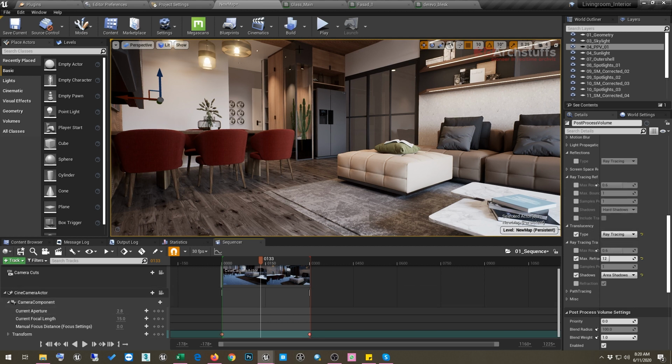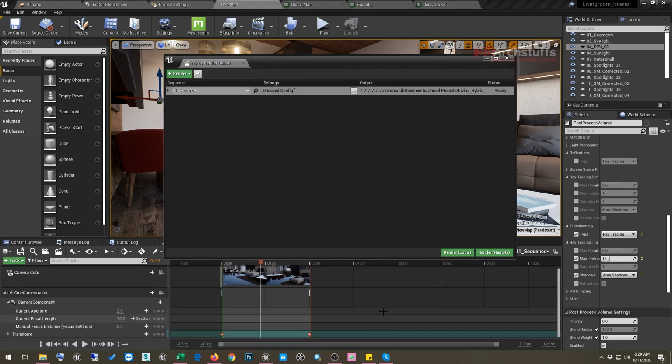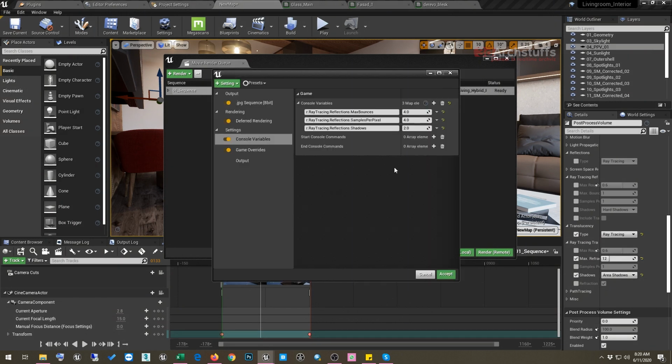But when we will be rendering our cinematic, these are the values that will be used. Okay, and we made the shadows from hard shadow to area shadow, and after that we'll just go ahead and include translucency. If you want, you can use it, and if you don't want, you don't have to. It's not a big problem. So we'll just go ahead and switch it off, no problem. And now we'll go ahead and use translucency.